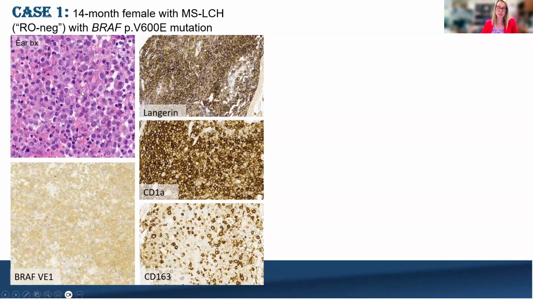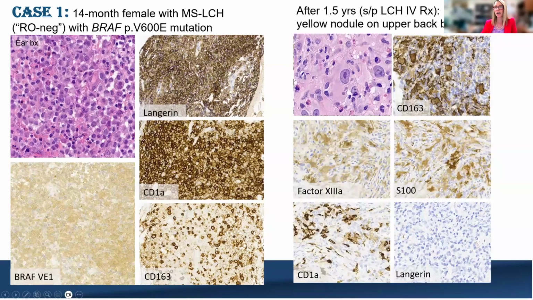And so the patient was started on LCH-4 based therapy for a year and seemed to do well, but a couple months after the end of therapy developed this yellow nodule on the upper back, which was unusual, and that was biopsied. And there were a few in the background, sort of more classic LCH type cells. There were some eosinophils scattered around, but there were these large cells, and as was previously described, we would probably call these more of